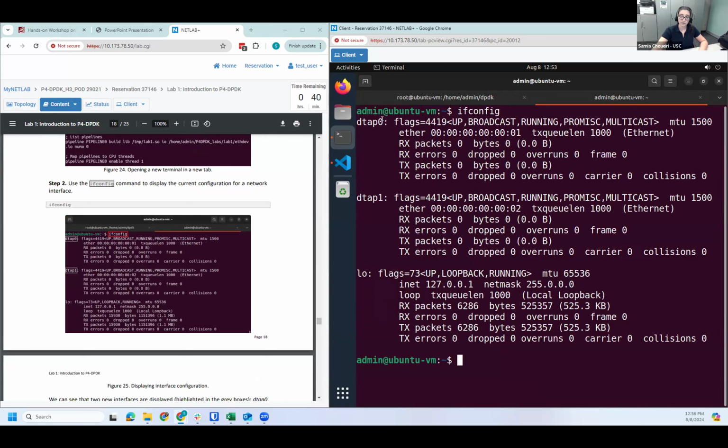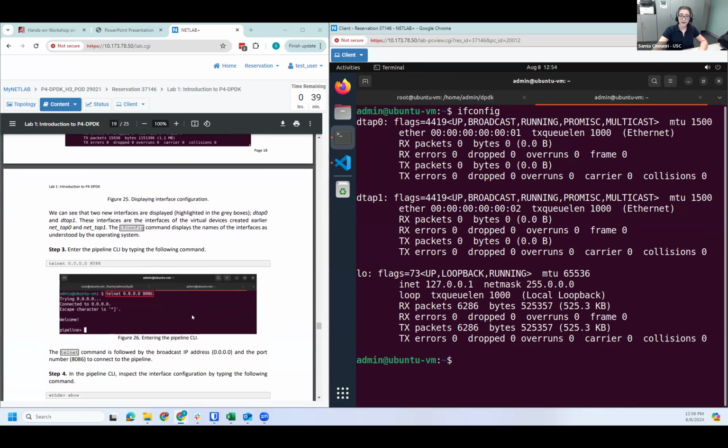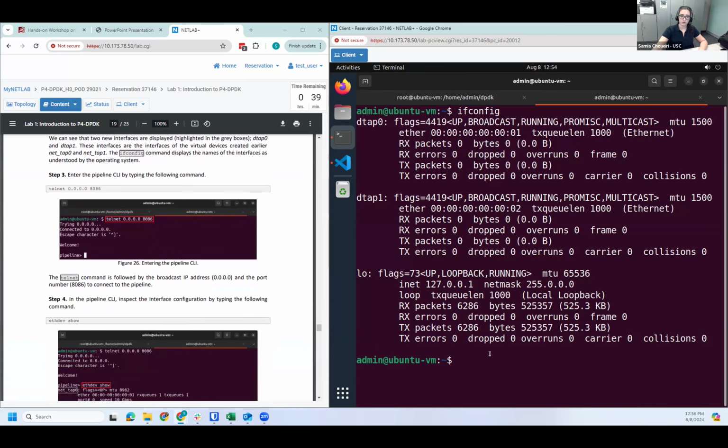So these are the names or tags given to these Ethernet devices by the operating system. Any operation that involves the operating system will have to use these names to refer to the interfaces. You can see that the MAC addresses are the ones that we have specified for nettap 0 and nettap 1. But to access the pipeline, we can type this command: telnet